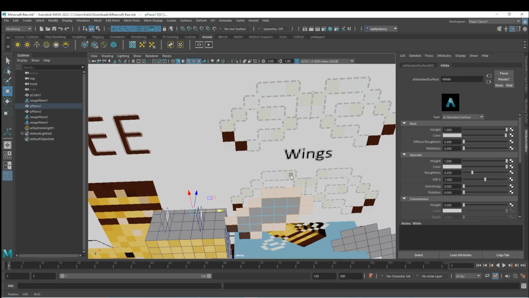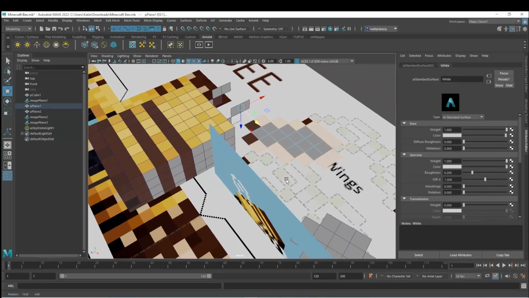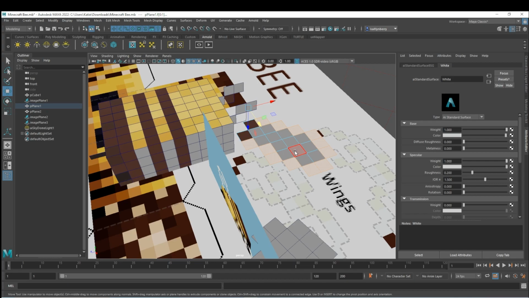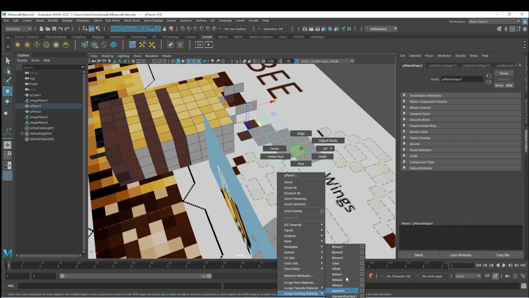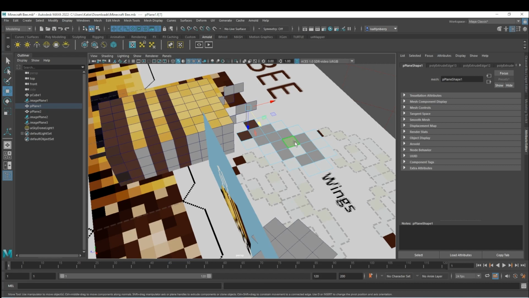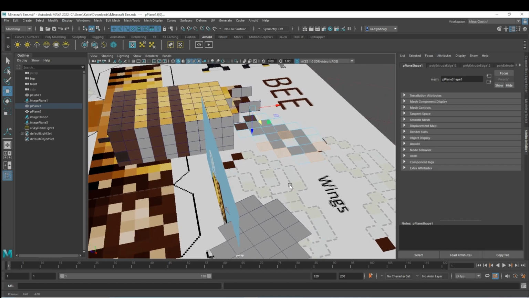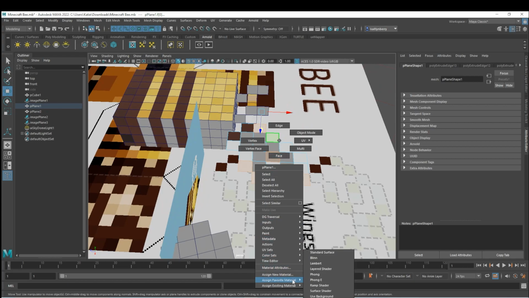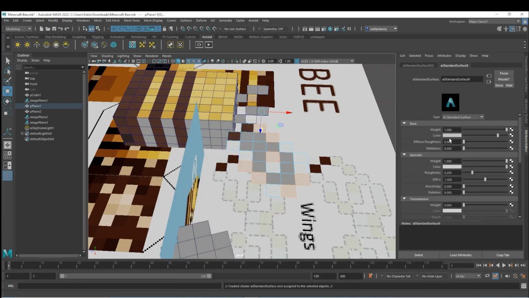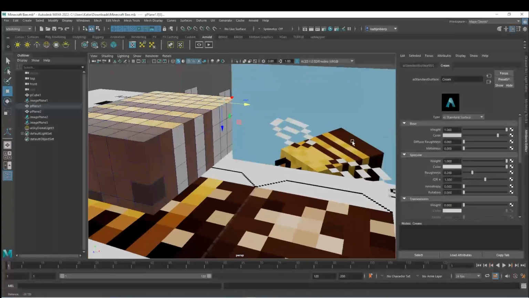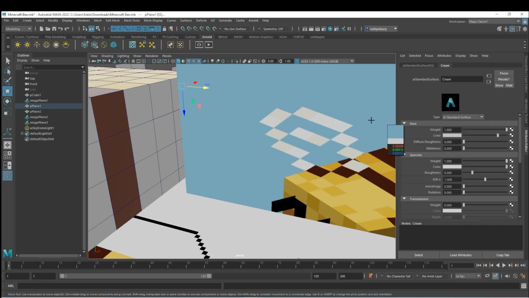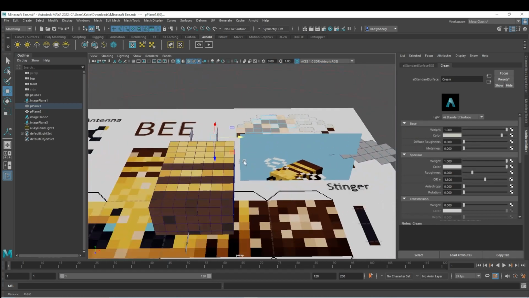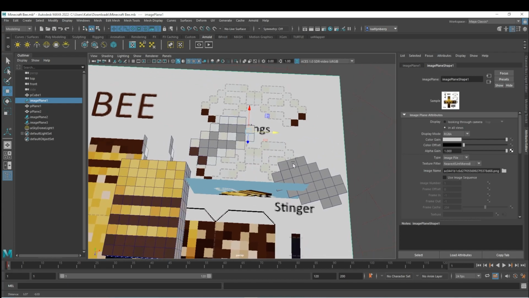Okay, so the cream color, you can see it here on our reference. Oh, there's also a white square that I missed right here. So you can assign this one as white. Okay, then the cream colors, there's this one, this one, this one, this one, this one, and then these 2. So that'll be the cream colors. So assign a new material, AI standard surface. We'll call this cream. And we'll grab the color from here, very small. Okay, and then this guy